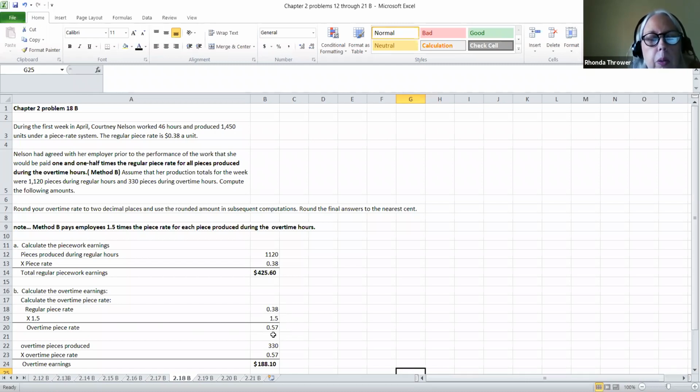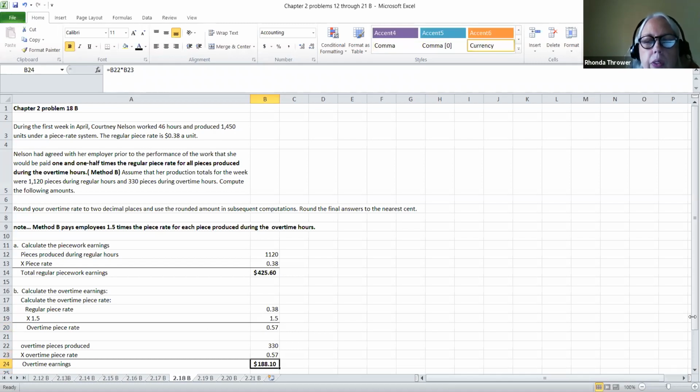It's going to be paid on each piece that is produced during overtime. The overtime pieces produced are 330 pieces that was given. We'll multiply that by the overtime piece rate that we came up with right here. We multiply that by 330, and that will give us our overtime earnings of